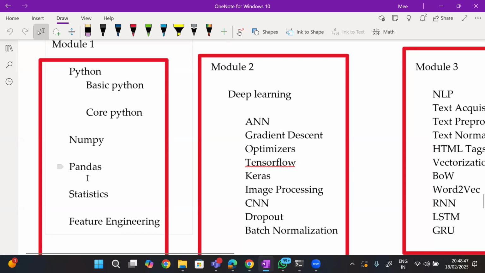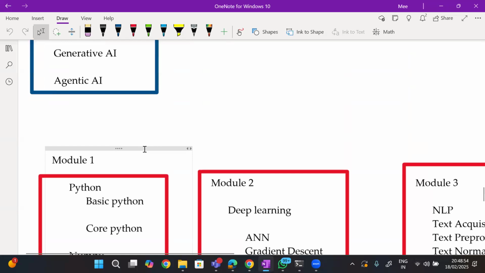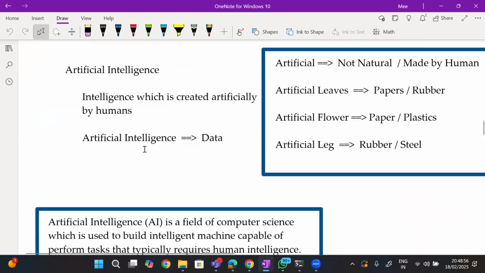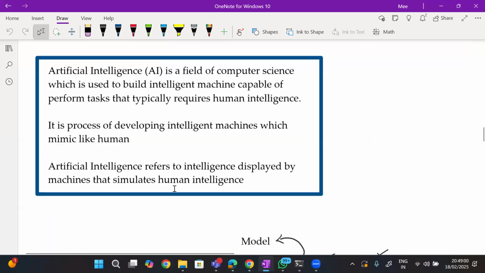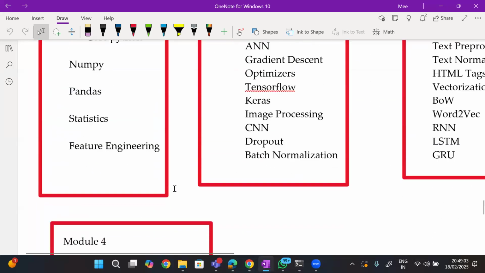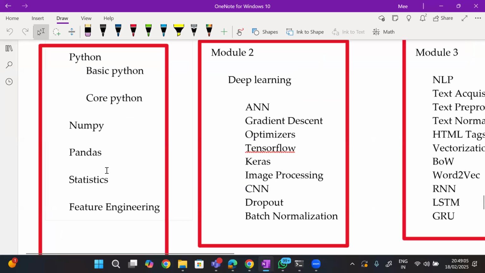NumPy, pandas, and statistics: what are they used for? If you are dealing with data science, data plays a very crucial role. This data consists of errors, so we are going to remove those errors using NumPy, pandas, statistics, and feature engineering.